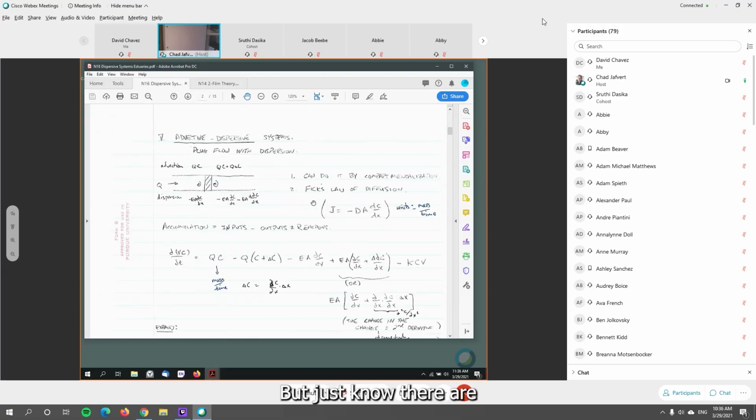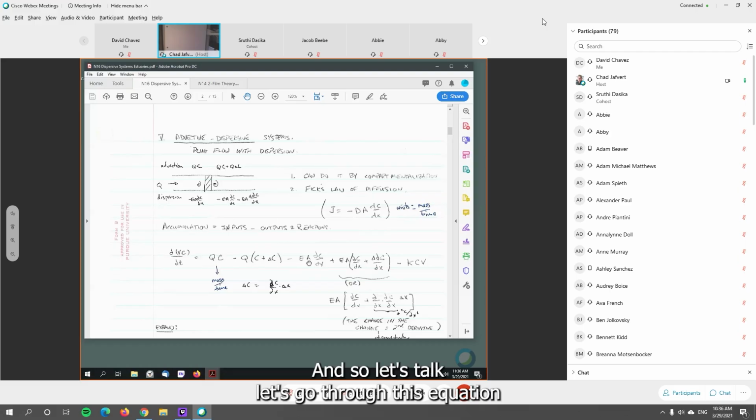but just know there are. It boils down to what we talked about before when we were talking about dispersion across compartments, where we have a cross-sectional area A, and we have a dispersion coefficient D, and a concentration gradient from the center of one compartment to the other compartment, and J again is our diffusive flux. So we're going to talk about the units. Well, it's mass per time. We're going to talk a little bit about the units there, but this is our advective term